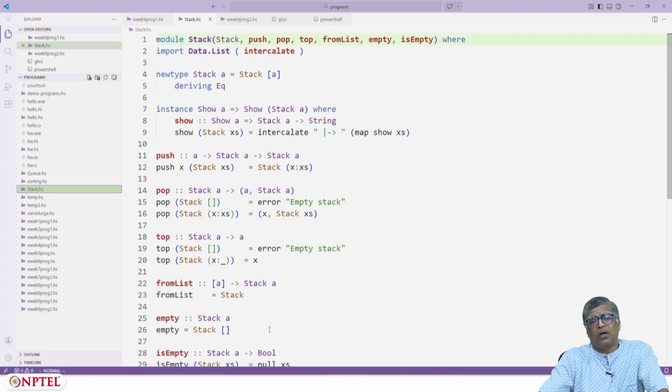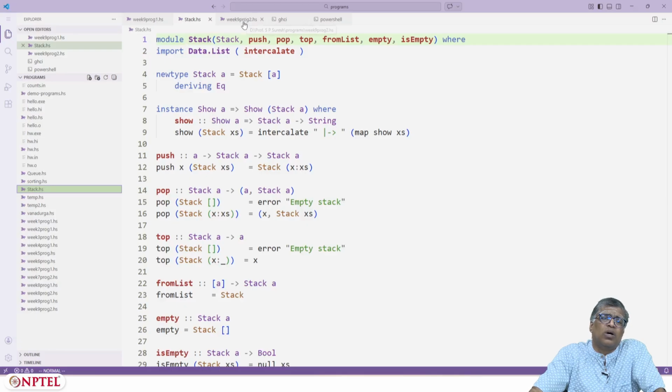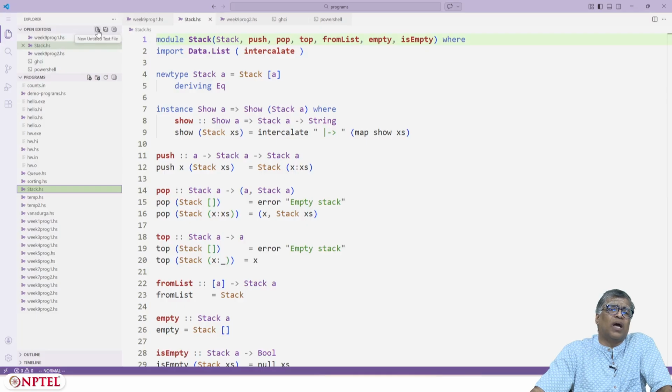Okay, all the functionality is fine, but the extra stuff we are doing is to enforce some discipline as to how exactly you can use a stack. And how can you use a stack? For this, I need to create a new file. Let me call it use stack.